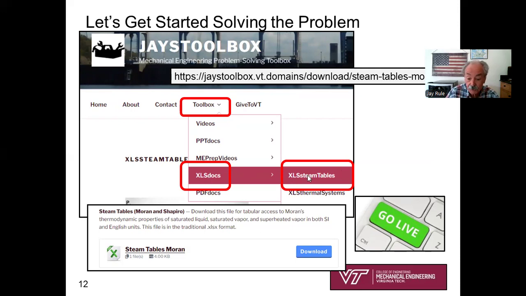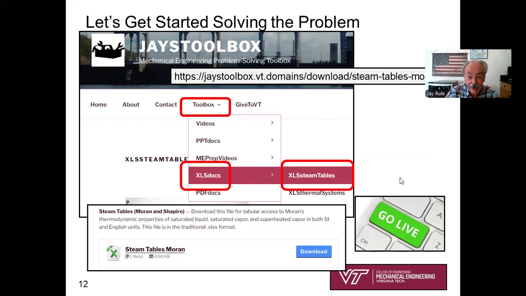Then you're going to fish through a number of categories. And this one, this particular file you're looking for is in XLS And so you're looking to download the file that I call